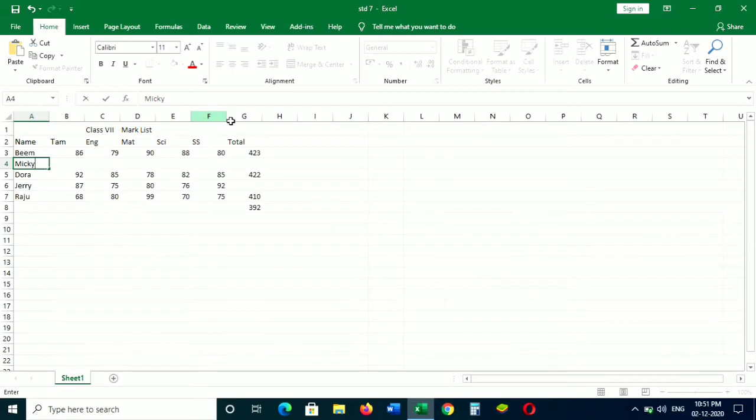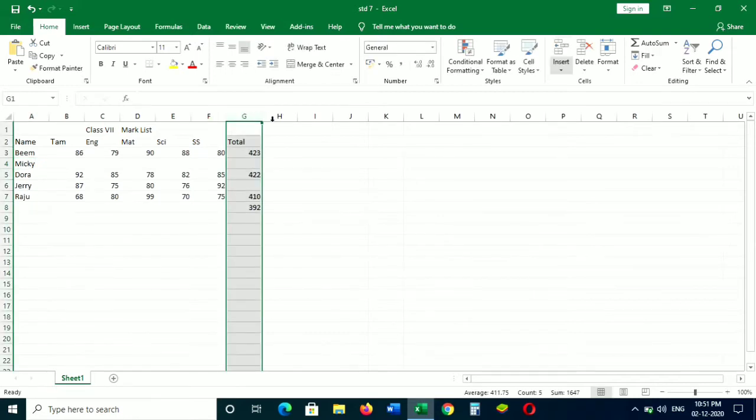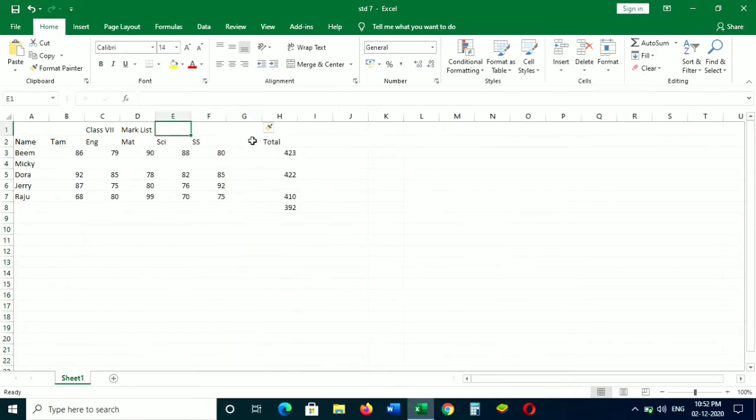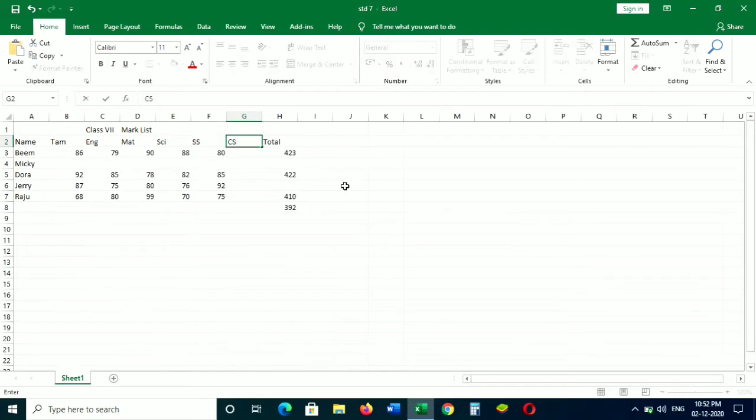Let you know how to insert a column. Step 1. Place the cursor where you want a new column to be inserted on left or right. Step 2. Click the insert button on the Cells group. Step 3. Click on the insert sheet column option to insert a new column. Now active column get inserted. Now you can make use of the column.